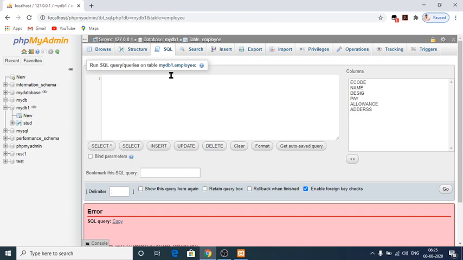So here I would like to use the having clause. Select star from table, select star from employee,